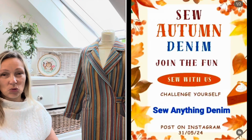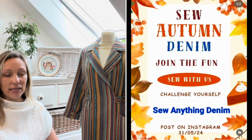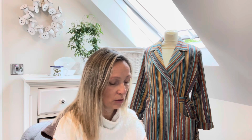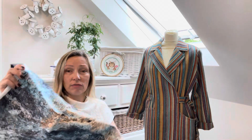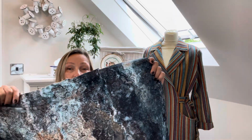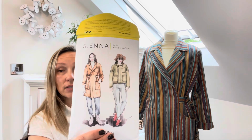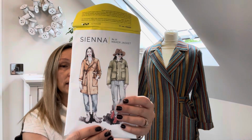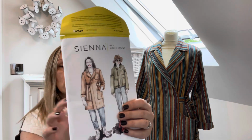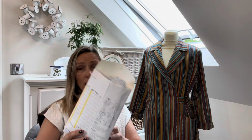I'm doing the Sew Autumn Denim 24 challenge, which is run by the Sewists of Oz. I'll put the details down below. And I wanted to make something out of, I keep teasing you with this, sorry, my absolute all-time favourite denim, which is this. It's like a printed denim with a touch of stretch. I bought this years and years ago, and I bought the Sienna Maker jacket to go with it. So the idea was to make a slightly shorter view than that, which is view B on there, you can see. And basically, I was too scared to make it up, so it sat and sat and sat